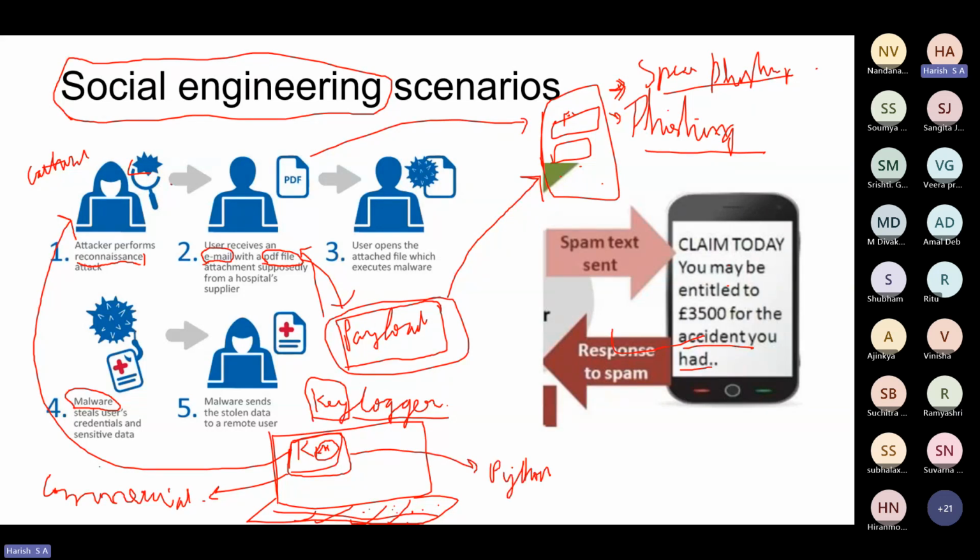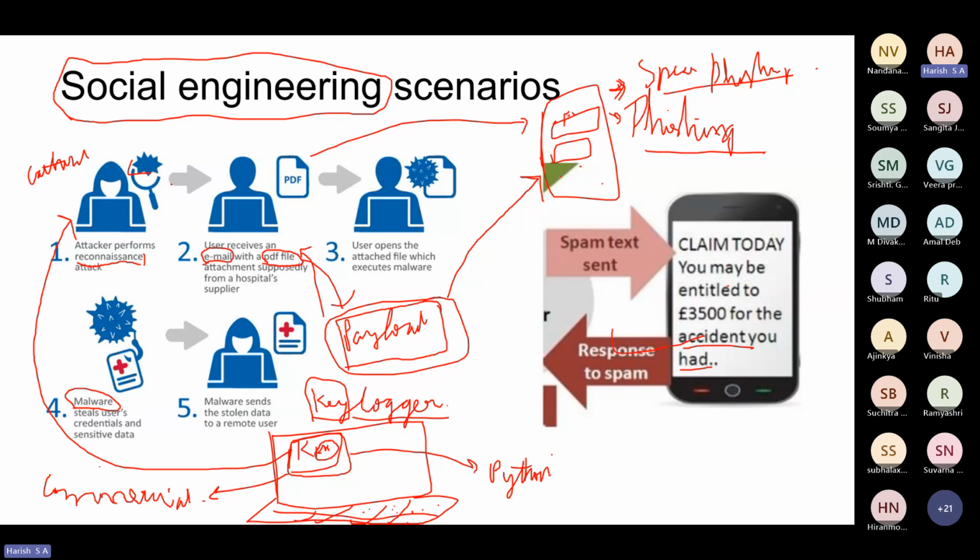As in one of the beginning classes, I was saying that Python is a very rapid prototyping language, in the sense that you can literally do things very fast with Python. You can just find tutorials online as to how to make keyloggers, right? So it's not a big deal.